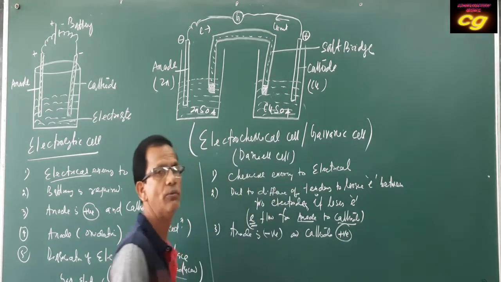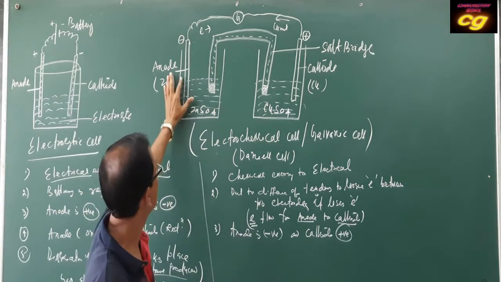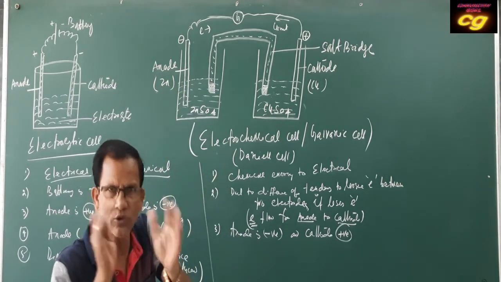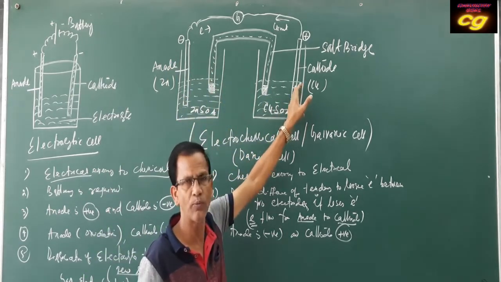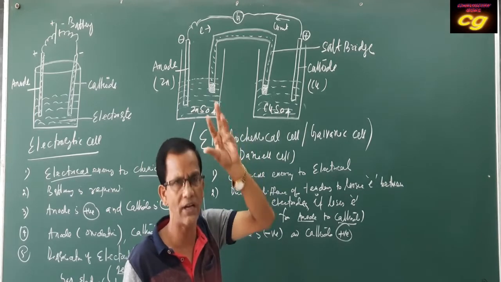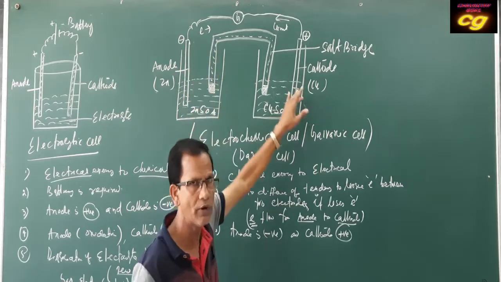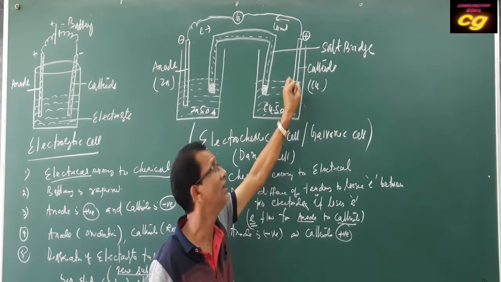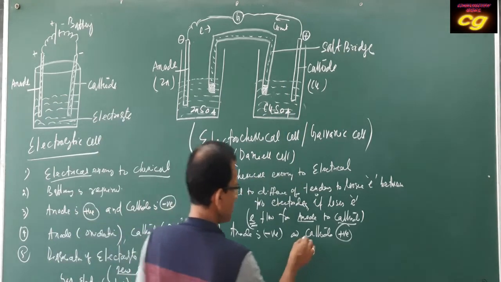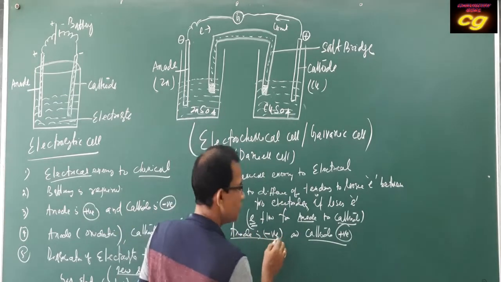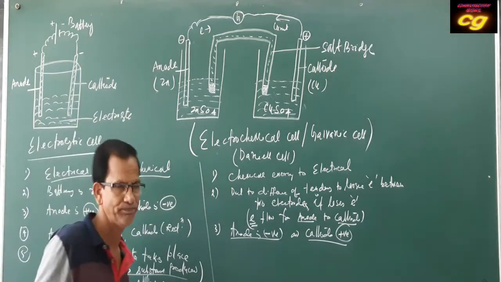It is very important, you have to remember. This is the difference between electrolytic cell and electrochemical cell. As anode is losing electron, it acts as a source of electron, that's why it acts as negative charge. Copper is demanding electron due to more tendency to gain electron compared to zinc. That's why electron flows from zinc to copper, and that's why it is the positive electrode. In an electrolytic cell, cathode is positive electrode and anode is negative electrode, but here anode is positive and cathode is negative, just opposite.